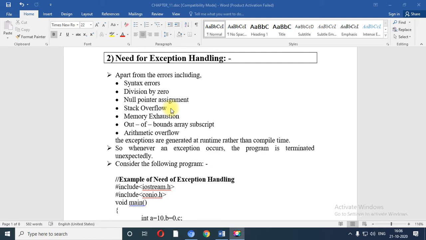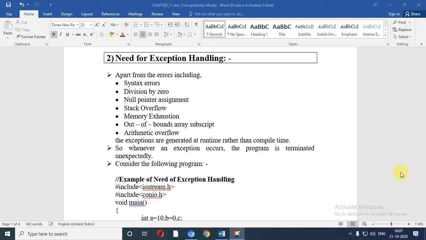Out of bound array subscript, that means you have taken an array of size a of 5, say for example. So basically you are able to store 5 values inside variable a, but when you store a of 6 data, at that time that is called array index out of bound.